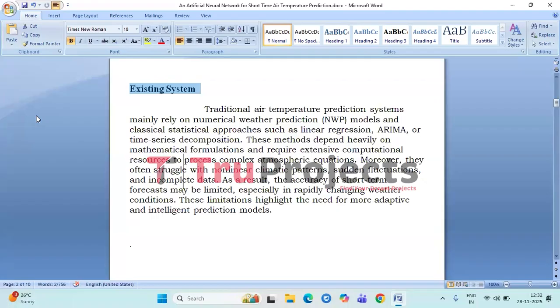However, weather conditions are often non-linear and unpredictable, which makes it difficult for these traditional models to accurately capture sudden changes or irregular patterns. They also struggle when the data is incomplete or noisy. Because of these limitations, the accuracy of short-term temperature forecasts can be low, especially when the weather changes quickly. This shows that there is a strong need for smarter and more flexible models that can handle complex climate patterns